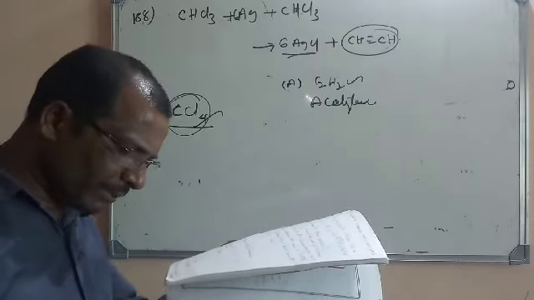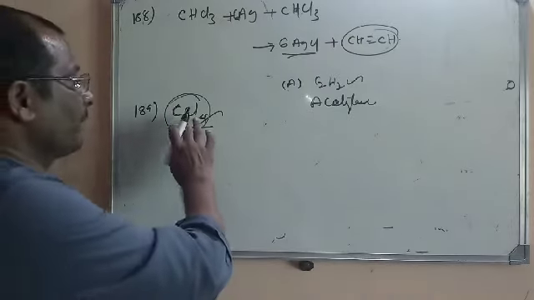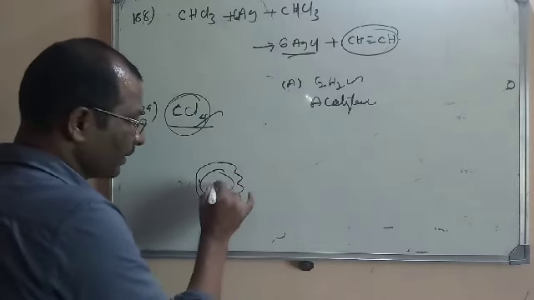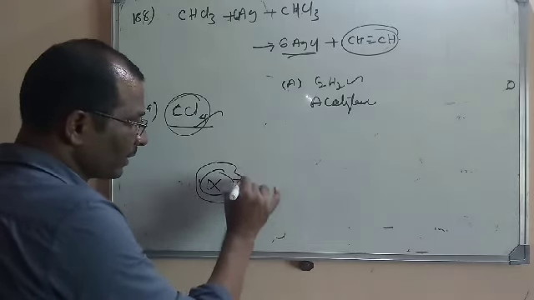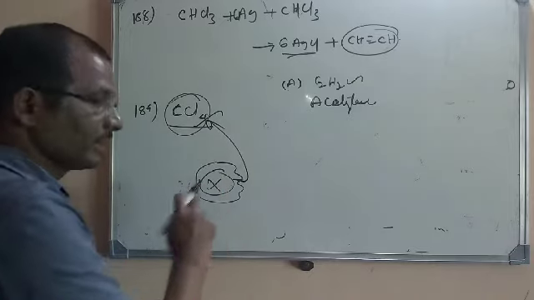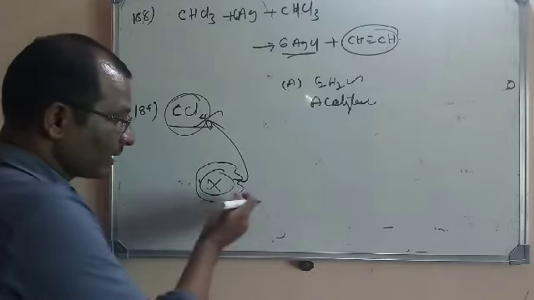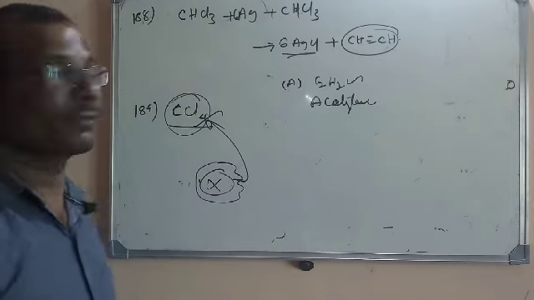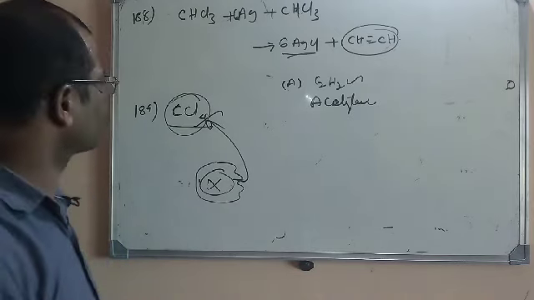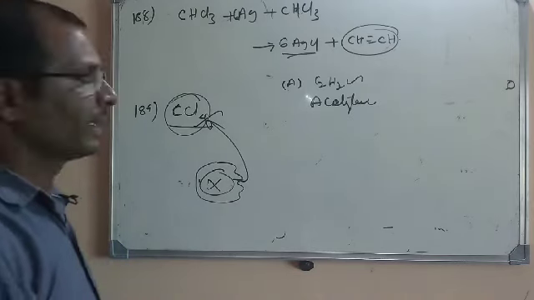It gives an incombustible vapor. Yes, the vapor formed from CCl4 will cover the burning substance, for example this substance X. CCl4 vapor is incombustible, so oxygen cannot react with X to combust further. So this is all about polyhalogen compounds. Complete the homework. Thank you.